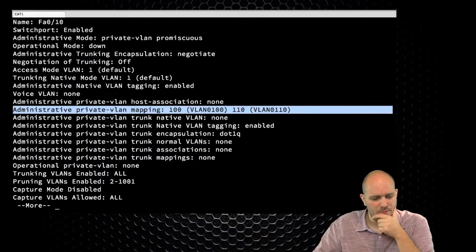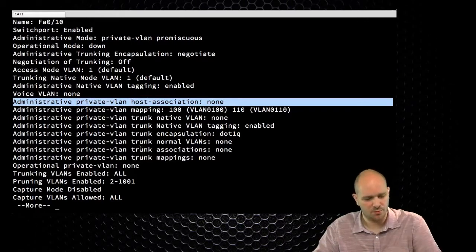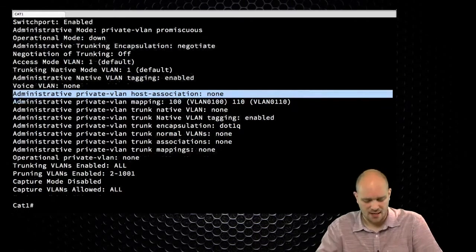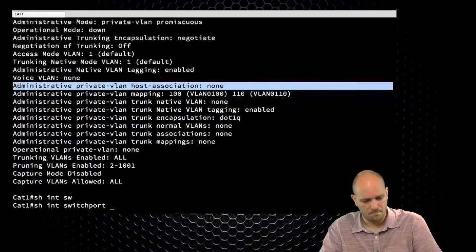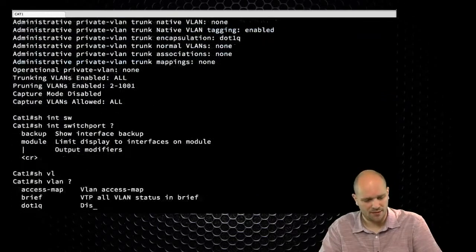If it shows you the mapping, it is going to be a promiscuous port, but if it shows you host association, well, not even that. Let me see. I don't think that there is a command that will show you just the promiscuous ports. At least I cannot remember that.